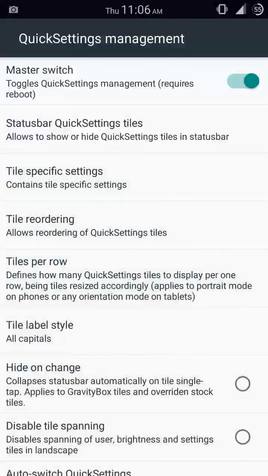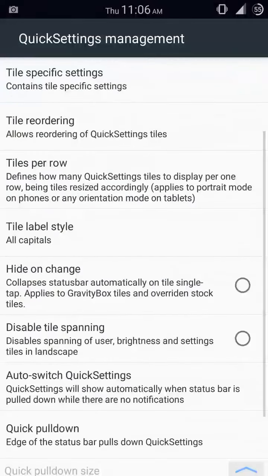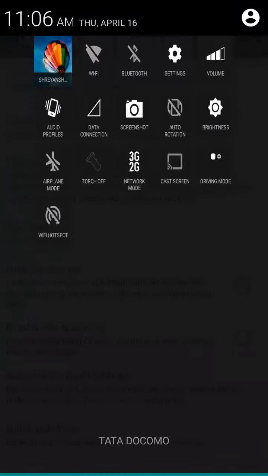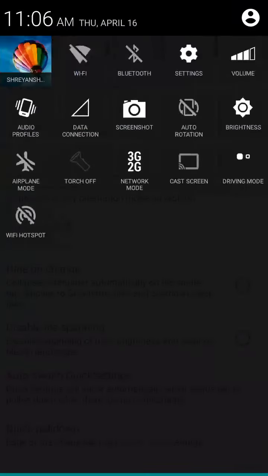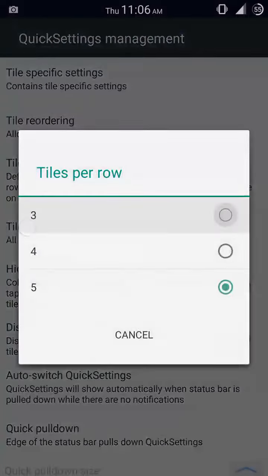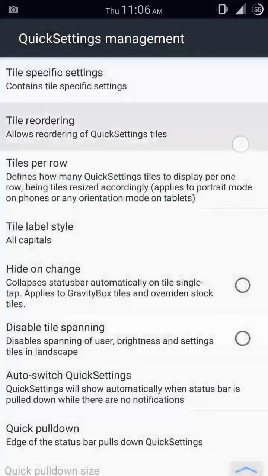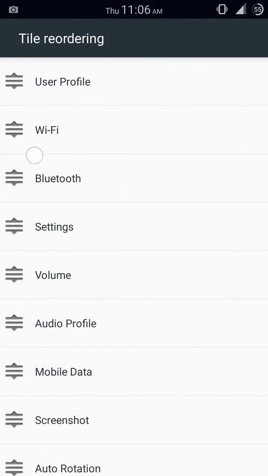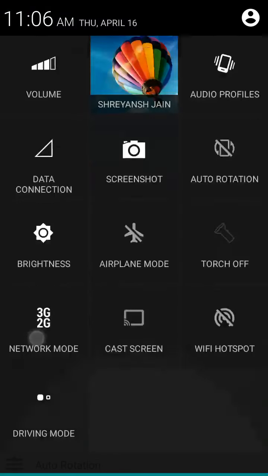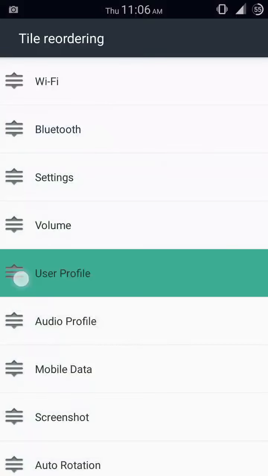So this is the thing that if you want, you can get that out. You can also set the tiles per row. If I want 5, you can see that it's getting 5 slides in per row. I just want 3, so I'm just setting it to 3. Tiles reordering is also there. If you want the user profile below that, now you can see that my user profile is coming just very